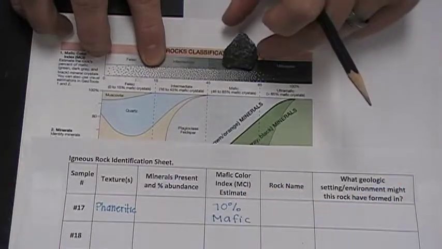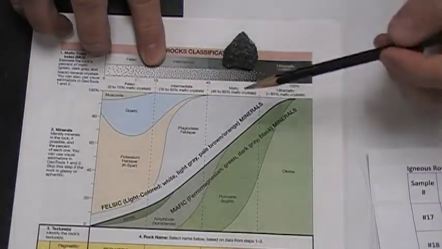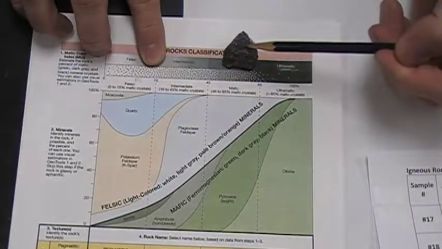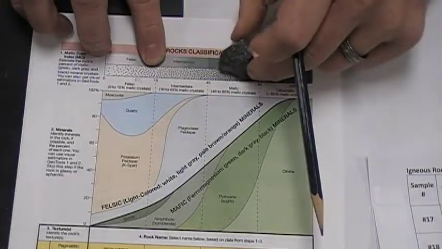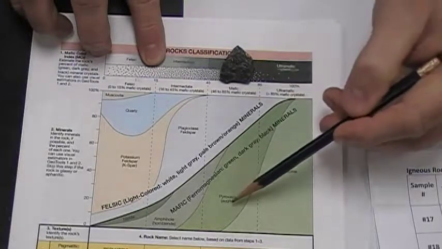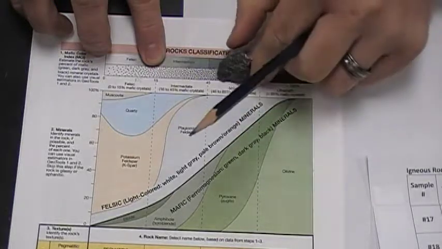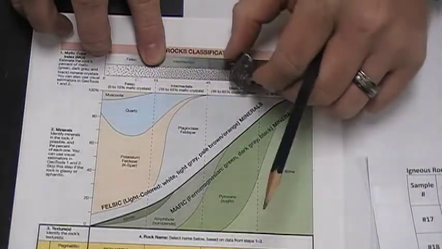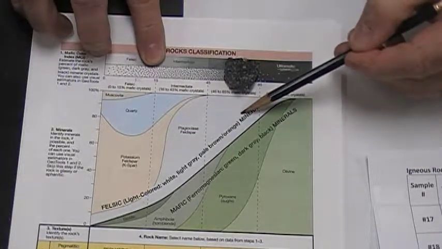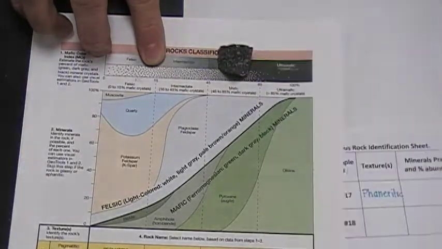Now, with that being said, I'm going to move our chart off to the side real quickly. If we come down, we can see that I only have a certain number of minerals that could be in this rock. I'm going to look at it and say that, again, most of my blacks and darker minerals fall under that pyroxene category. Some of them might fall under the amphibole. And then my lighter ones, my grayish ones, even my grayish blue ones that might be in here, fall under the plagioclase feldspar percentage. So for my categories, what I'm estimating, I would say,